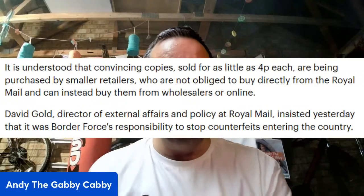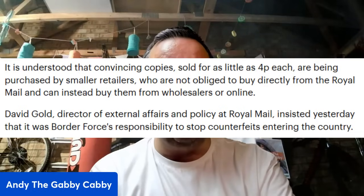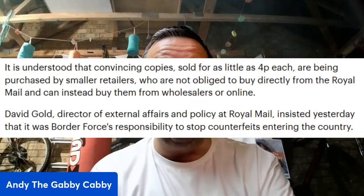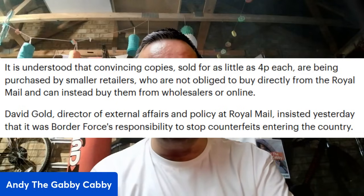But back to the stamps, we know how much they're costing now compared with what they used to years ago. And these phony ones apparently are as little as 4p. And they're quite convincing copies, apparently, purchased by smaller retailers who are actually not obliged to buy directly from Royal Mail and can instead buy them from wholesalers or online. David Gold, Director of External Affairs and Policy at Royal Mail, insisted yesterday it was Border Force's responsibility to stop